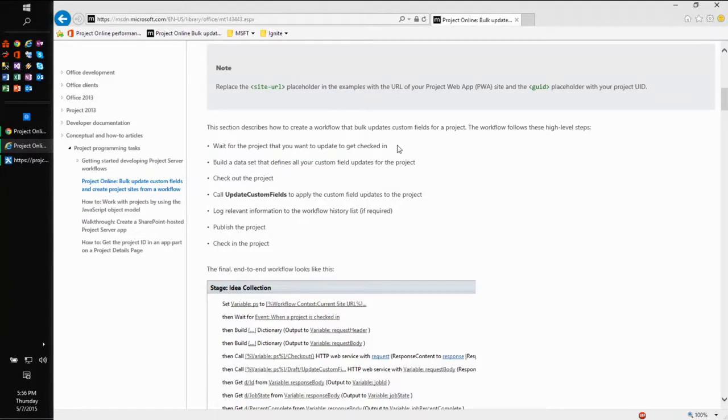Okay. You can also check it in from the workflow. Yeah, you can. Going back a second to your statement before, if you're on PWA Online and you decide